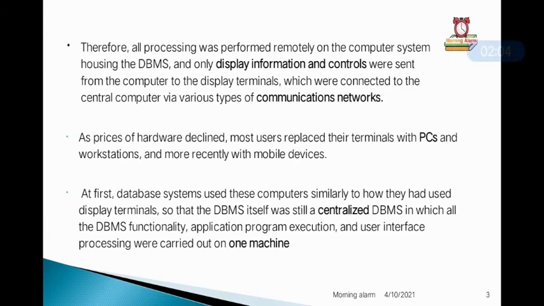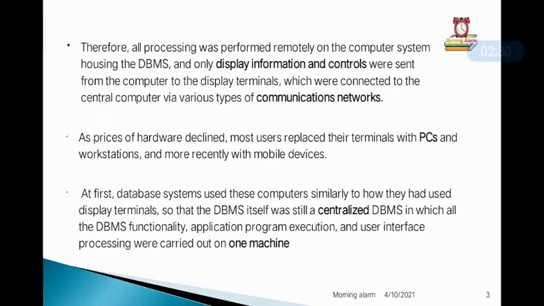Therefore, all processing was performed remotely on the computer system housing the DBMS, and only the display information and controls were sent from the computer to the display terminals. These terminals were connected to the central computer via various types of communication networks.